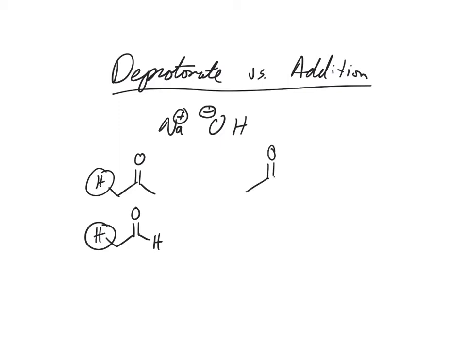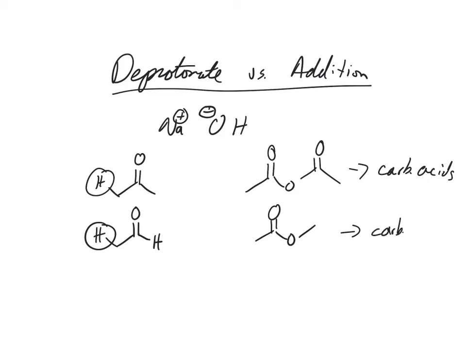If you see an ester or an anhydride, what's going to happen with this? These are going to turn into carboxylic acids. So addition is going to be more likely. So there's a clear difference when you have something like this that's going to deprotonate ketones and aldehydes. Acid chloride would be another one, and acid chloride would also turn into a carboxylic acid. Now some trickier ones,